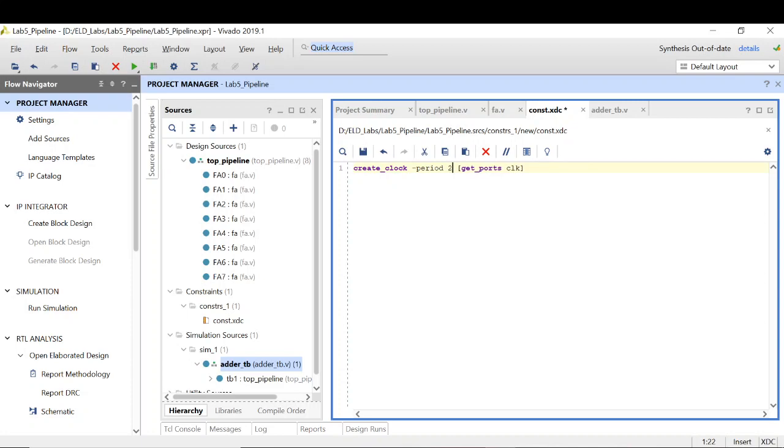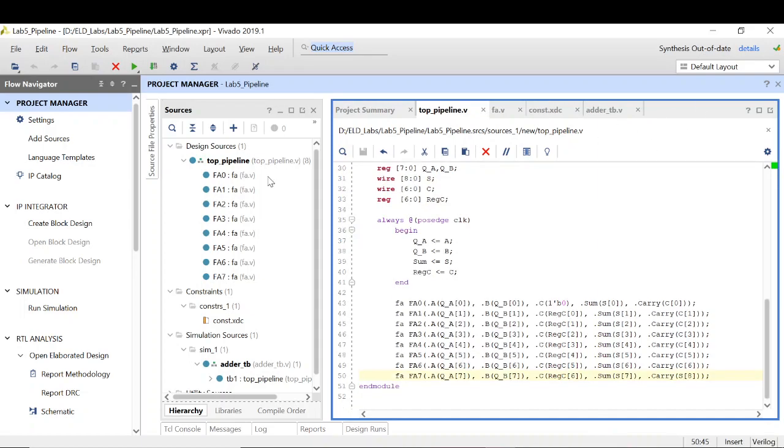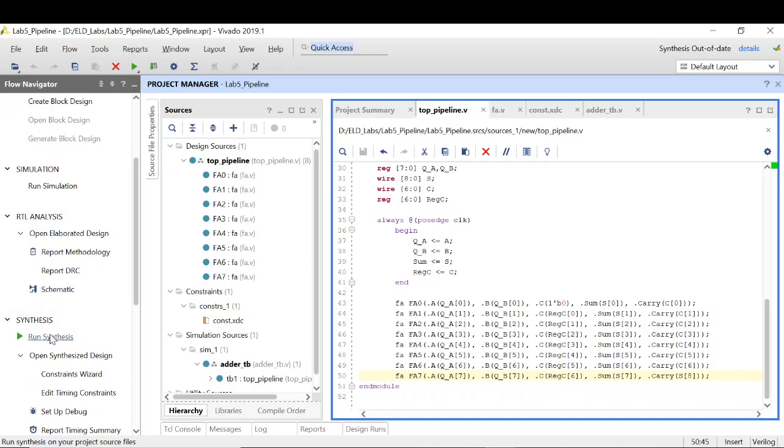And let's set the clock period to 2.5 nanosecond. At 2.5 nanosecond, our design 1 was failing. The timing requirements were not getting met. Now let's look if the timing requirements are met after pipelining, because ideally it should meet. Because we have inserted flip-flops in the critical path, the critical path delay should come down, and this should eventually reduce the clock period. So my current design must work at this clock period. So now let's see. After saving, let me recheck the design again. So this is fine, and you can run the synthesis again.